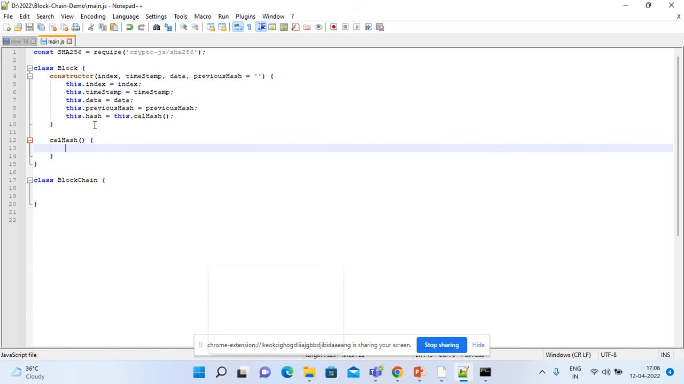Now, how can we create this? I'm going to write down the return, and there is a syntax. I'm writing down this function. Inside this function, SHA256, the constant which I created above, I'm going to write down the index plus this dot timestamp